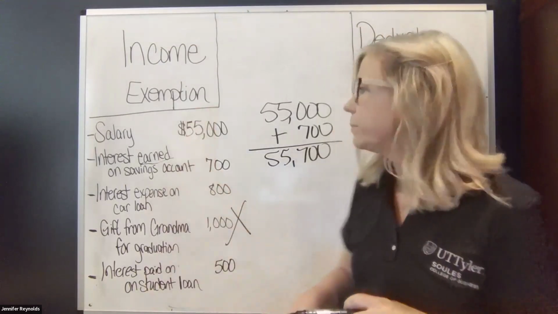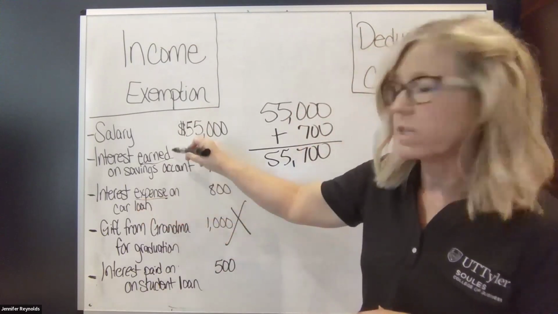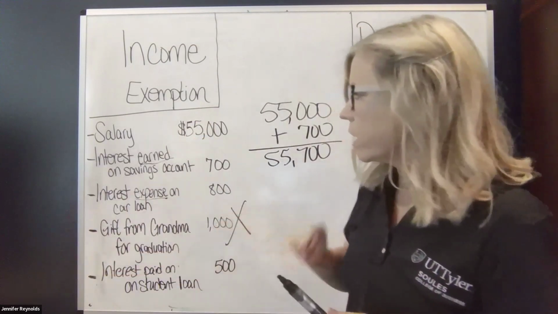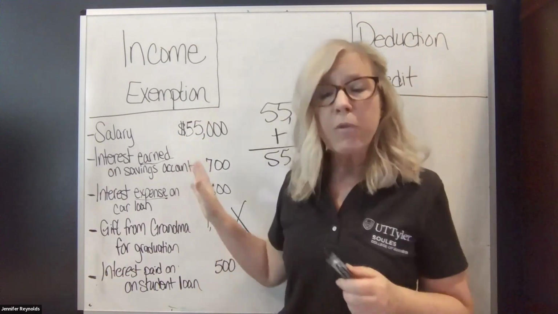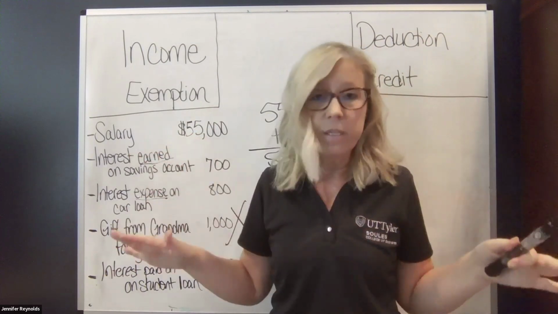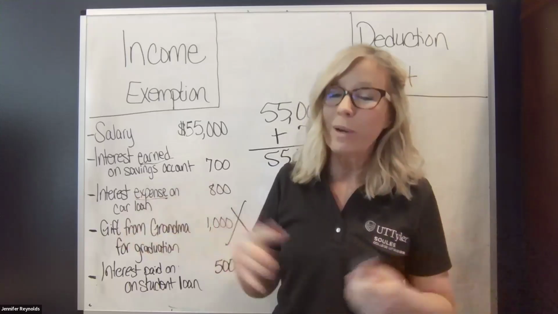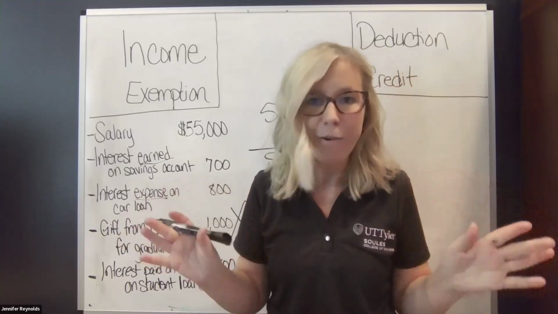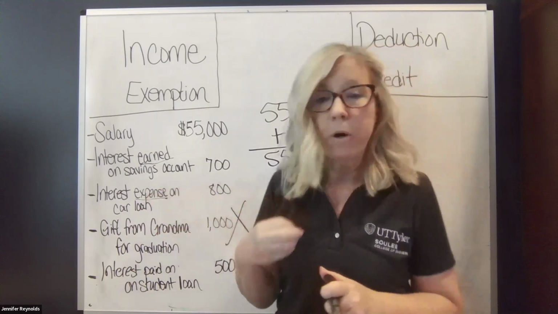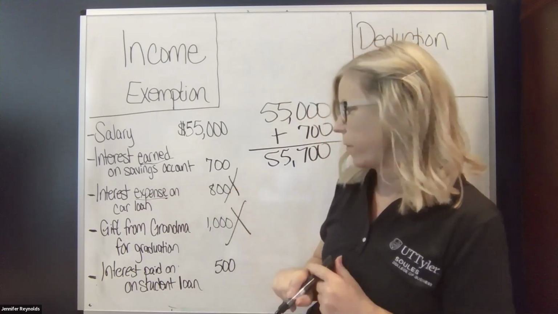Okay, now I'm going to deal with this other stuff. Interest expense on a car loan. An expense means, as opposed to up here where we earned it, I've spent money on it. I paid someone, or Murphy did, $800 in interest expense. Well, Murphy is only an employee. He has a salary of 55 grand. He does not own his own business. So in that case, if it's personal interest on a car, for 2024 anyway, laws can change every year, but currently for 2024, interest on a personal car loan is not deductible. So I am not going to do anything with that.